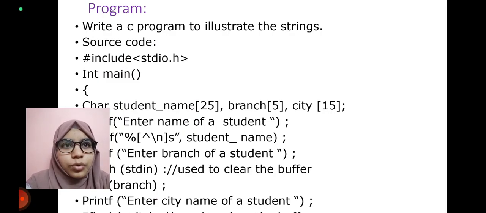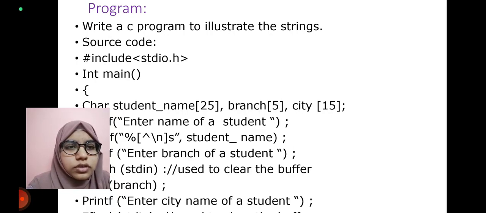We can take a C program to illustrate the strings. First, source code. #include <stdio.h> int main() { char student_name of size 25, branch size 5, city of size 15; printf("Enter name of a student"); scanf("%[^\n]s", student_name);